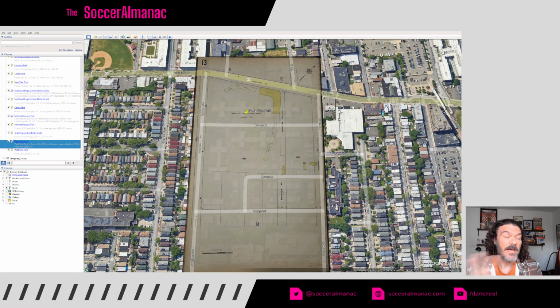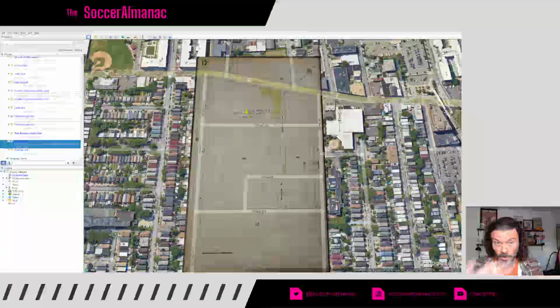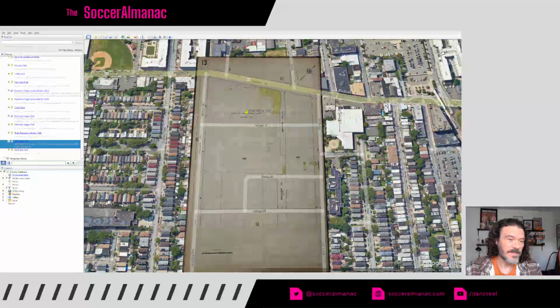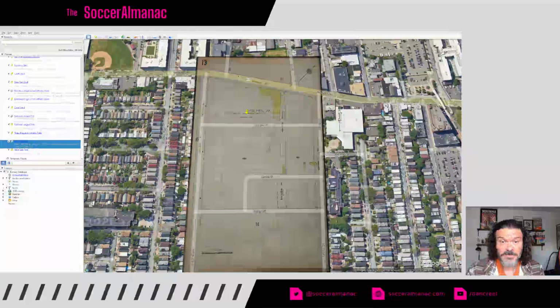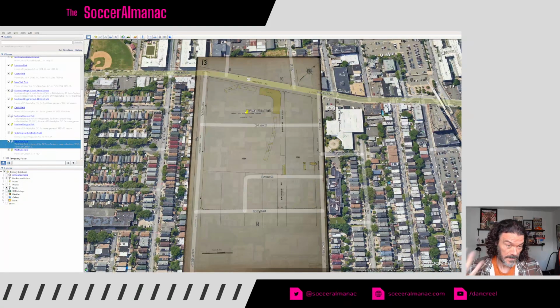And you can now go get them at the Library of Congress. The Library of Congress has been creating these amazing copies and putting them online for free, so they're public domain. And what I wanted to do is visualize where these parks were based on what the landscape looks like now. Most of these parks we'll talk about, almost all of them I believe, aren't there anymore, but it's interesting to see where they're situated, where these games were played.